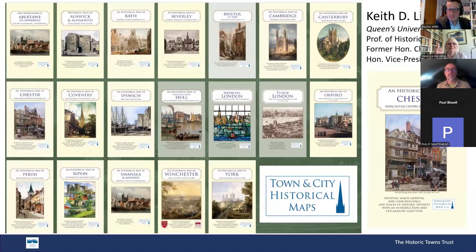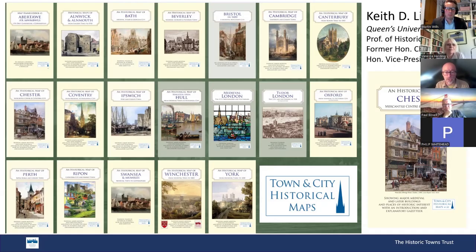Yes. Okay. So, as Vanessa said, I'm Professor of Historical Geography at Queen's University Belfast, but with a long association with the Historic Towns Trust. And it's fantastic to see the Chester historical map launched, published, finished. Although maps are finished, they actually often invoke further conversations, and that's what we really hope will happen. And I'm sure Tom and Katherine as well, through the outreach activities that Paul mentioned, we'll see a lot of use of this map, not just in Chester, but in other places as well, I hope,